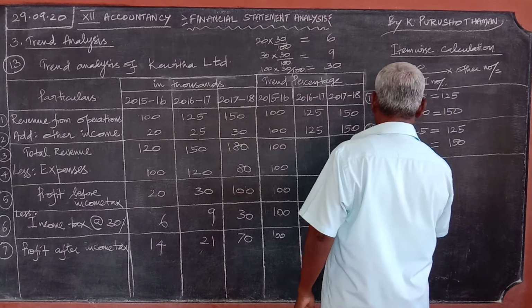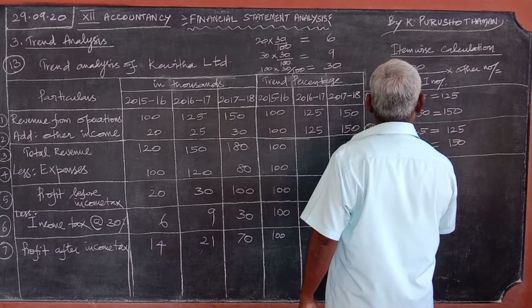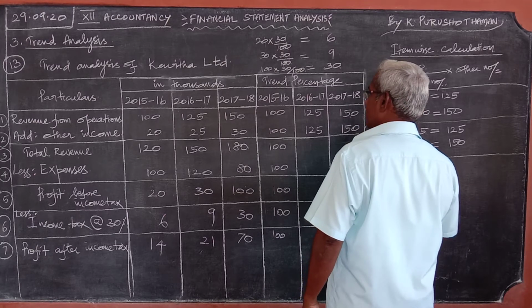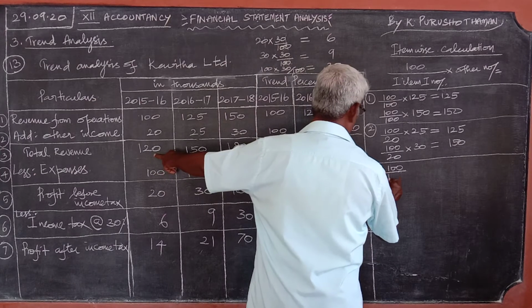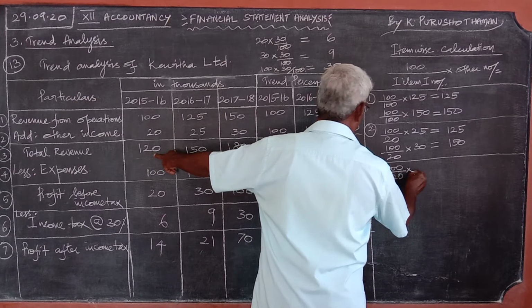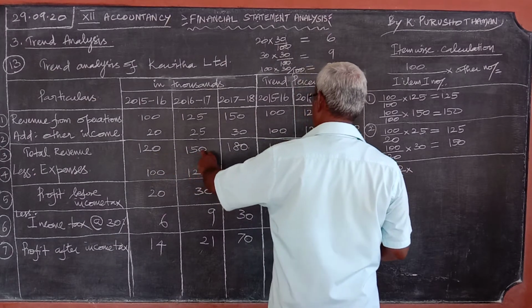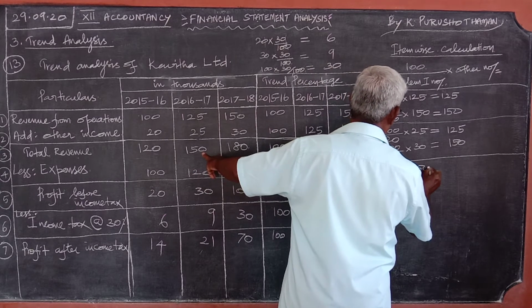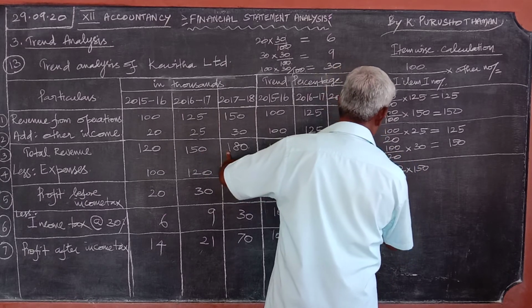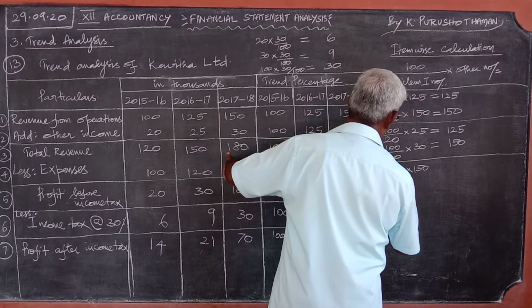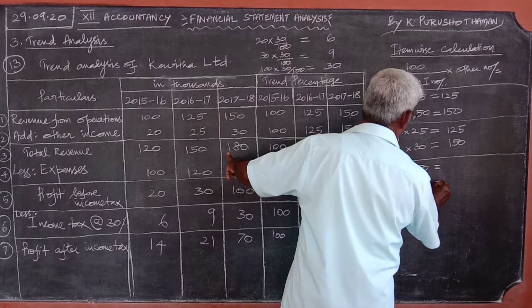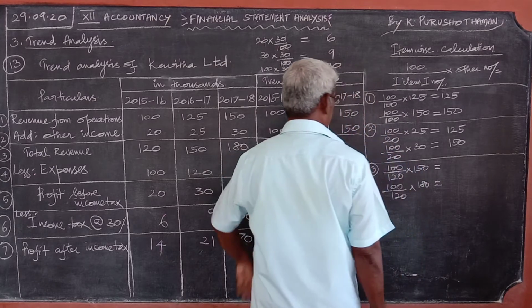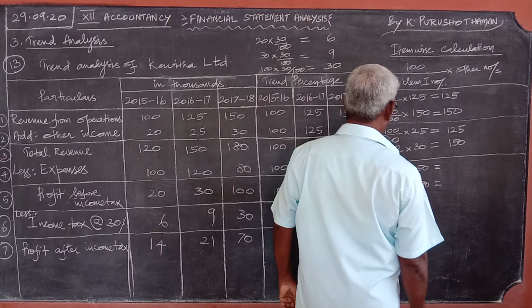Second is 4. Third one, 100 by the first number. Third, 120 into the other numbers, 151, the same, 100 by 120 into 180. You should calculate and find. See,